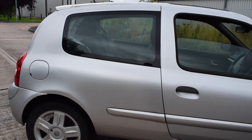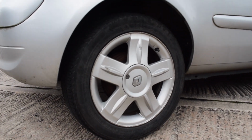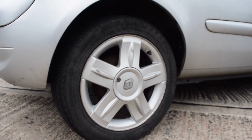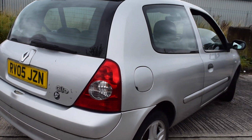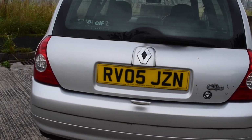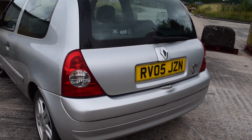If you come round, I can show you the front, the rear, whatever. Look at those 15-inch alloys. Yes, I've gone for alloys, and we've got some classic barrel brakes on the back there, so perfect for not stopping. Walk around the back, there's pretty much scuffs and dents on every panel of the car, but it's relatively clean. I don't mean as in clean as the car's clean, I mean it's not too bad for its age,